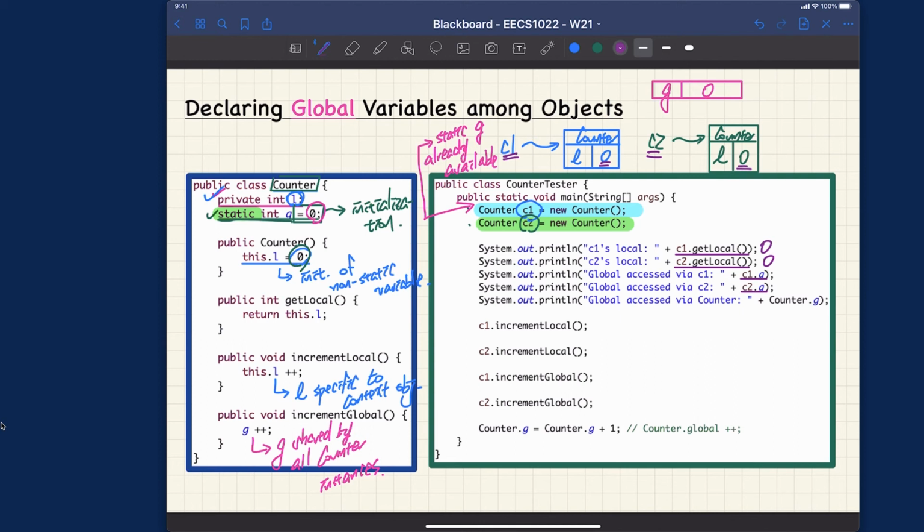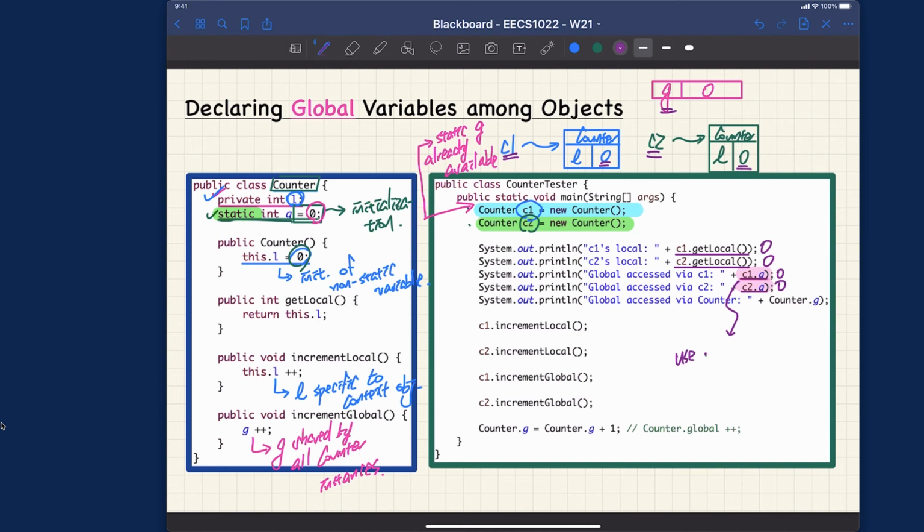notice that here you don't see any yellow underline as warning because I already turned them off when I did the screenshots. But I will show you that in Eclipse. C1.g and C2.g will be the global value for G. Over here, they will just be 0. However, let me highlight it to say that C1.g and also C2.g,